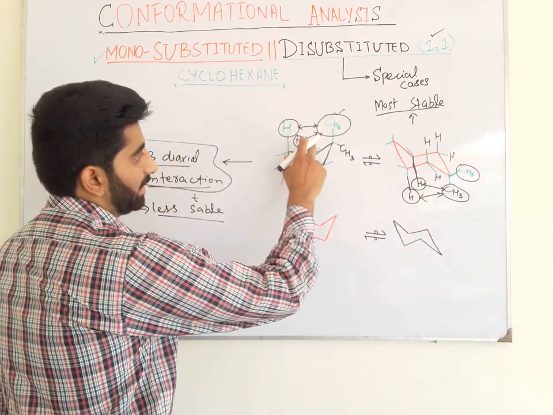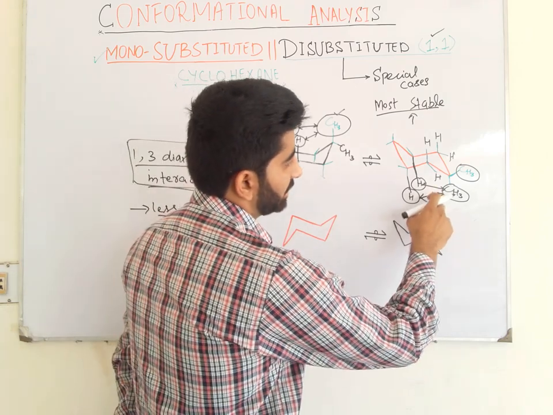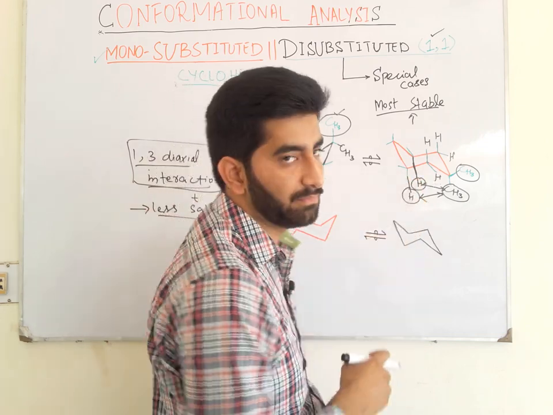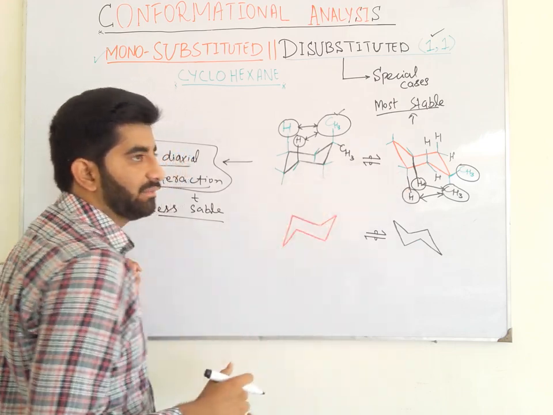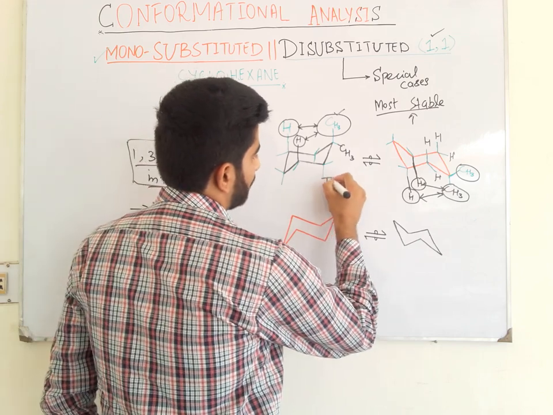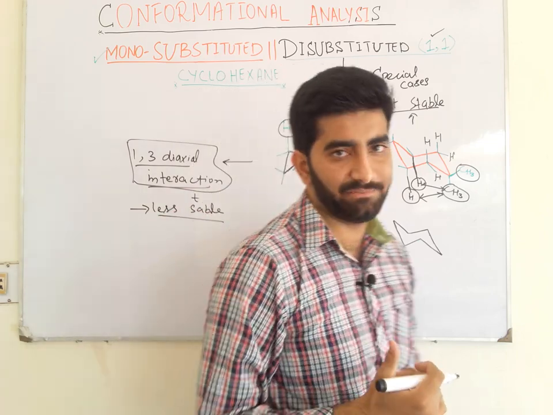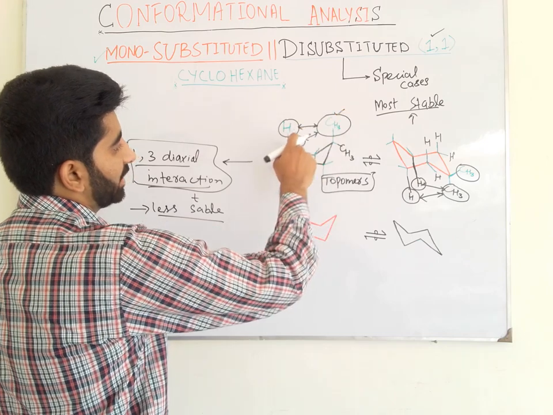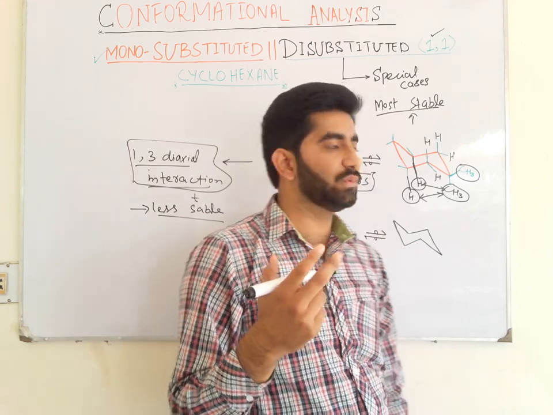So we can see that here only one methyl group shows 1,3-diaxial interaction with these two diaxial hydrogens, and in this conformation this methyl group also shows 1,3-diaxial interaction, or steric repulsion, with these two hydrogens. So we can say that there is no energy difference between these two conformations, so they are almost the same compounds, and they are called topomers of each other. Here we can see that there is a methyl group at the axial position, two hydrogens at the axial position, and steric repulsion between the one methyl group and two hydrogens.